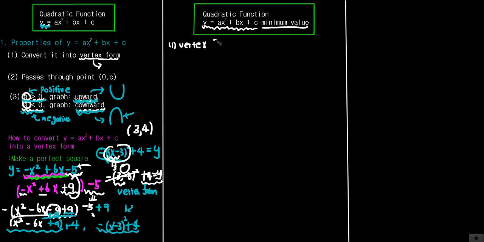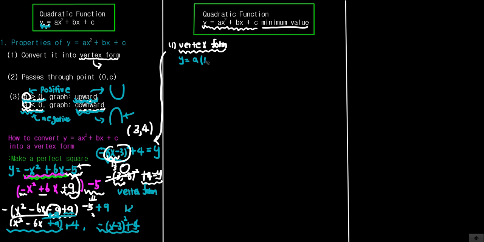The reason is that we cannot graph this function in the form ax squared plus bx plus c, because we don't know the minimum or maximum value, which is the vertex of a quadratic function. So all you have to do is convert it into a vertex form. That is the case that we did right over here. If we convert it into a vertex form, it is going to be